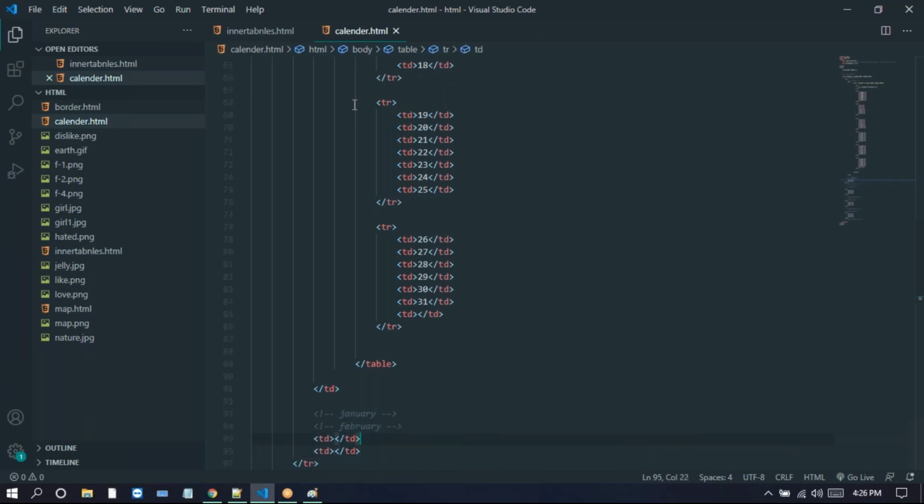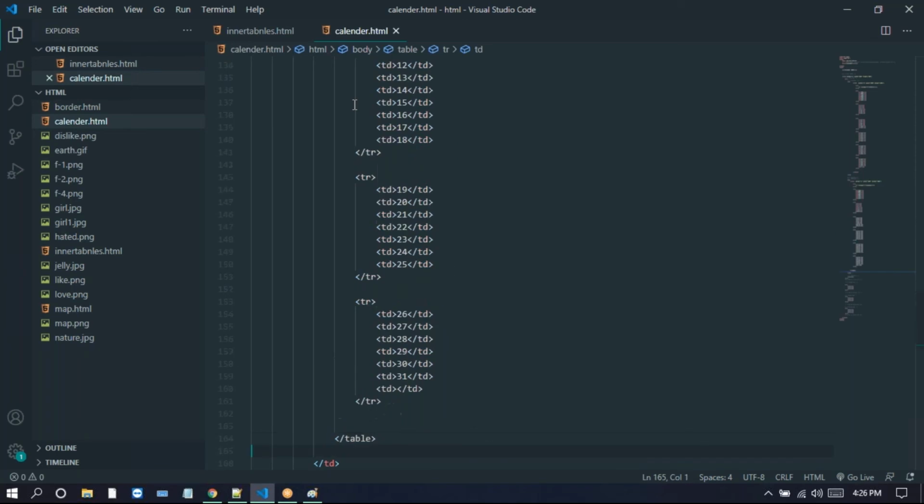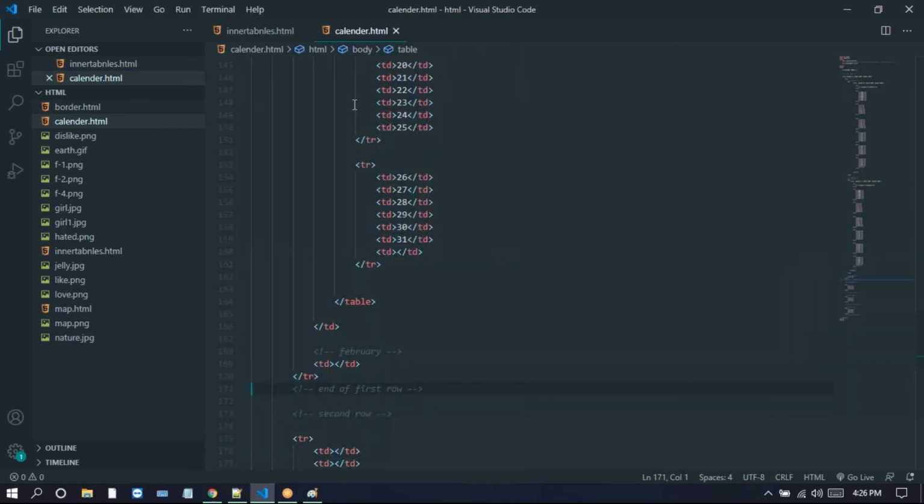So here we just copy this table, and here, so end of this February, right? So we take March here. So here I'm just taking the March. So end of March will be here. Just take end of March.